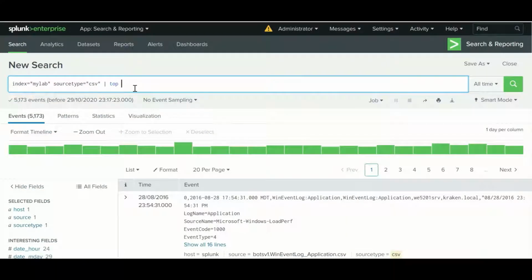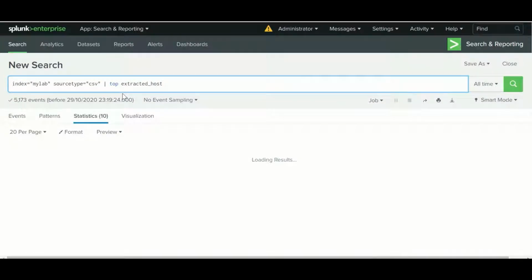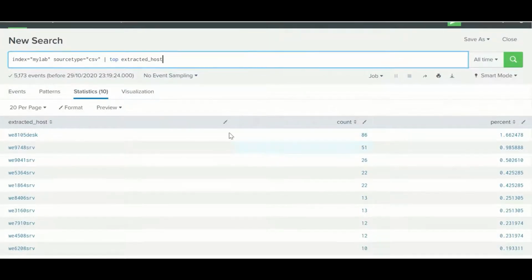I am using extracted underscore host. If you can see, it is giving me the top values for the host.